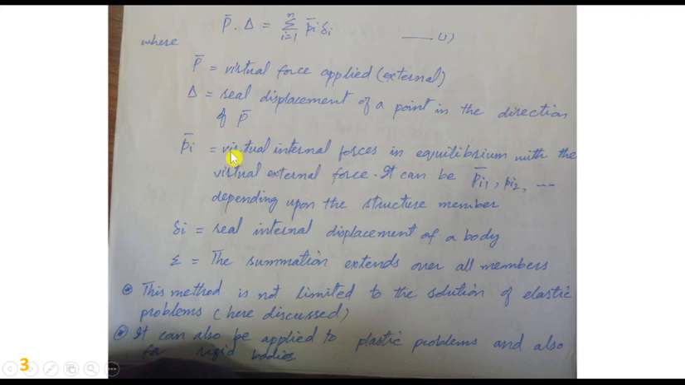So it is internal when external force applied. It can be P1 bar, P2 bar, depending upon the structure member. Delta i, real internal displacement of a body. Summation stands over all the members. This method is not limited to the solution of elastic problem. Here we are discussing this elastic problem, but it can also be applied to plastic formation and also for rigid